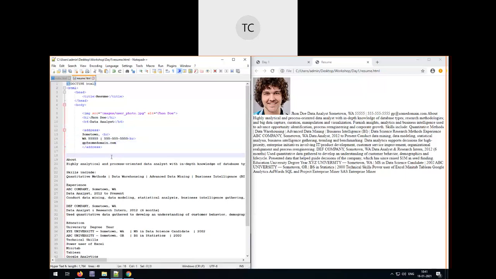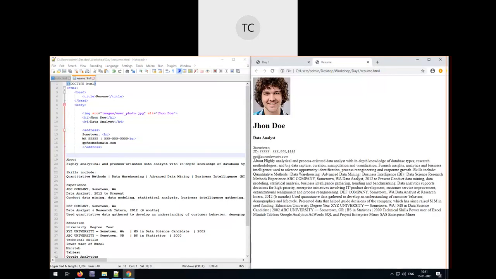So let us save this much part and refresh this page, and this is the effect we see. We have img image, then we have h1, this is h4, and this thing is entirely the address. Now after address, let's say we want to have horizontal rule,